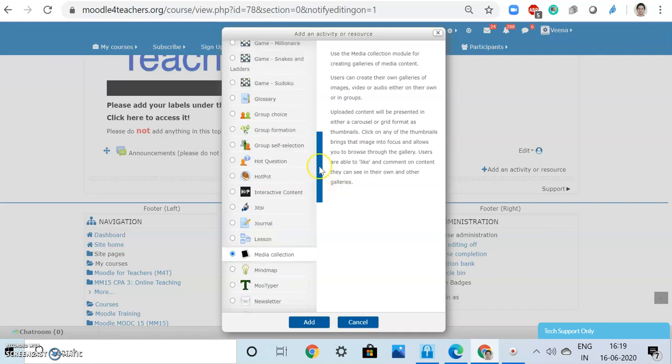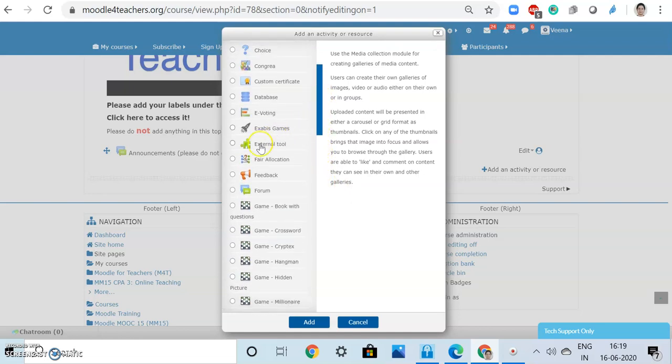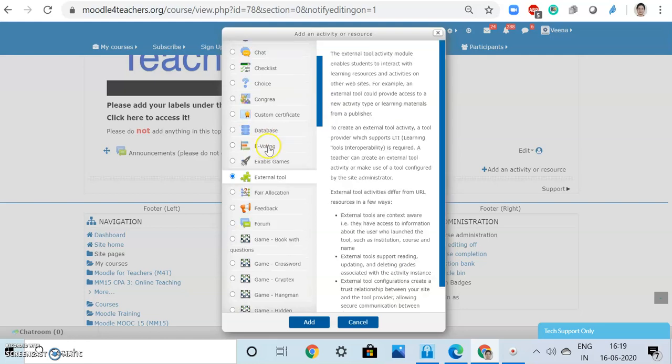Now to adding an external tool. Tools can be linked up as learning resources, and for that you need to have the support of the learning tools interoperability. Just as we had RSS for the blogs, this is something similar to that.